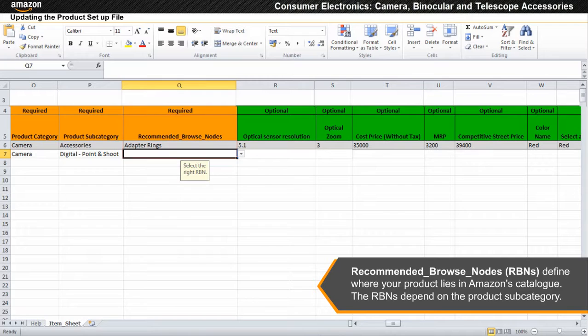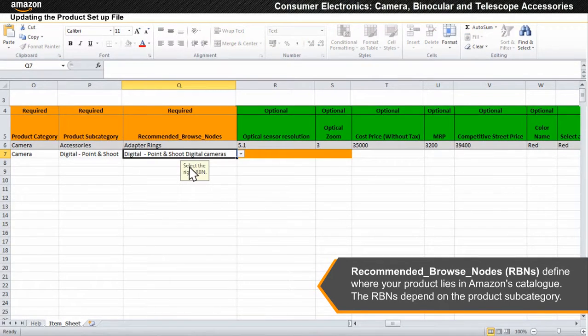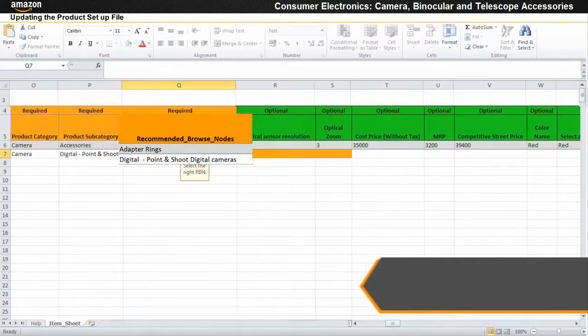Recommended browse nodes (RBNs) define where your product lies in Amazon's catalog. The RBNs depend on the product subcategory. In this example, for the point and shoot camera, we will select digital point and shoot digital cameras.